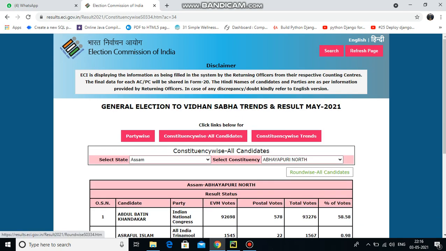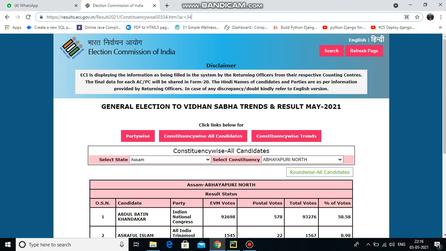So first, what I have planned is how I could fetch the data for all the constituencies and iterate those data in a Python file. So I tried to analyze the URL from the website, and here I found they have used some constituency numbers in this particular location.